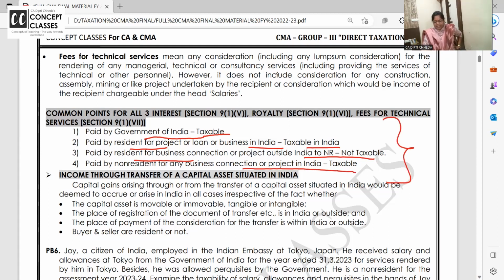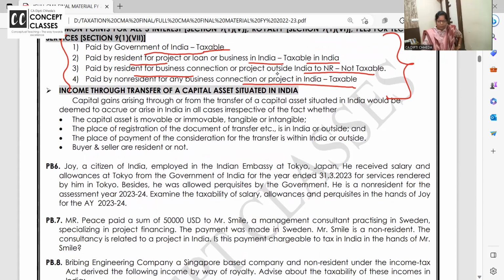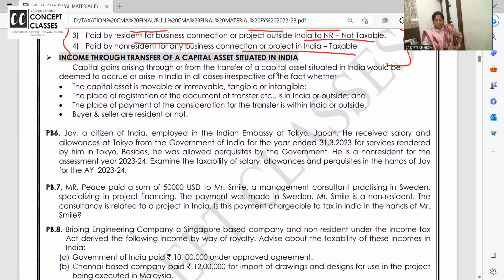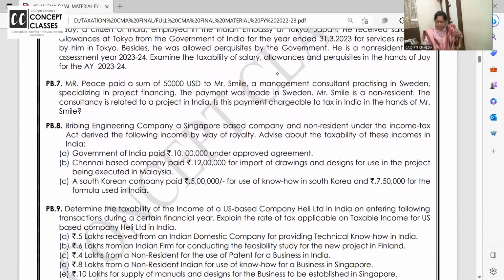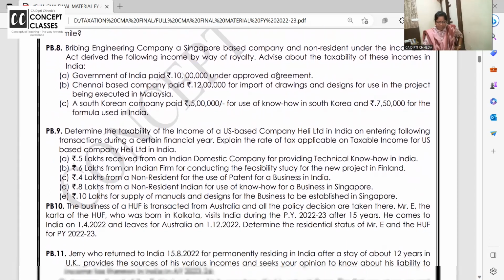Will you remember this with logic or not? Take 2 minutes and read it and tell me, is the gist clear or not? I have to teach you many more problems in between which I left, but this should be understood, it should be clear. Right. Problems 6, 7, 8, I think we have already done.